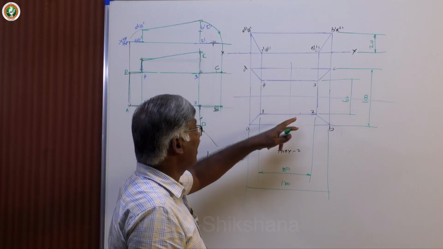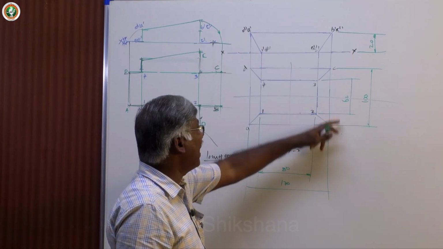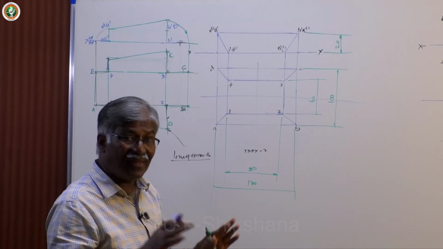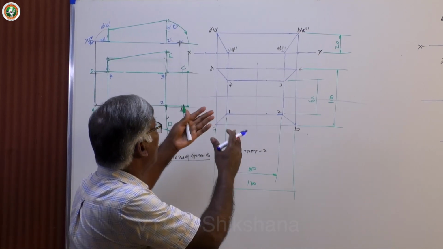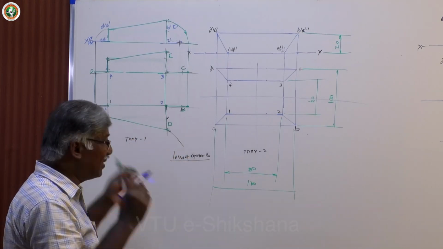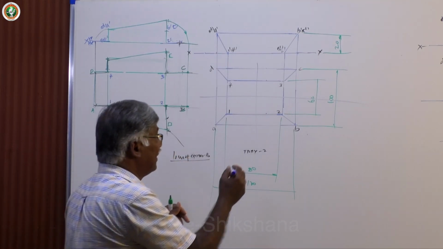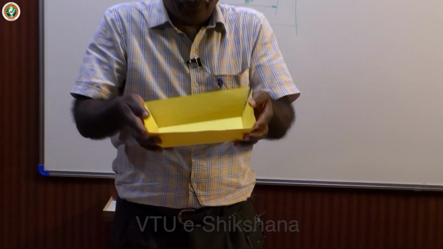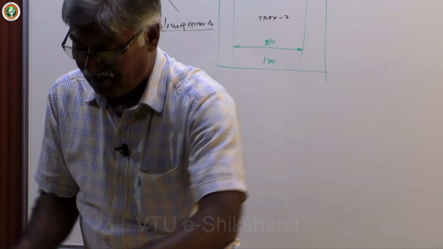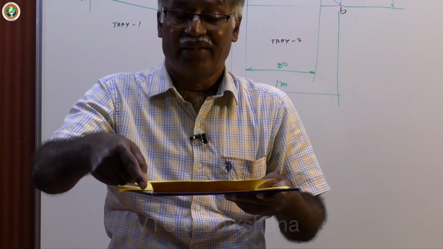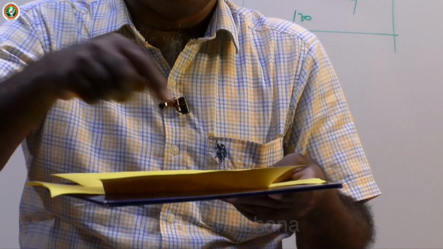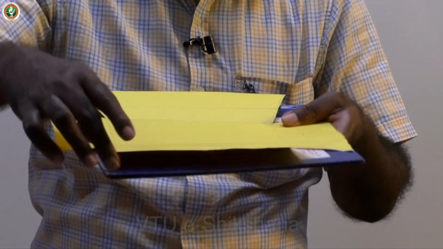We have two rectangles. 1 2 3 4 is the base, and because we have 120 by 100 as the top edges and 60 by 80 as the base edges. So how to do it? Same concept, no difference. The only thing is from where you draw the path. Here, see, if I cut open, this is the tray I have. If I cut open all corners and keep it on the flat surface, assume that I am doing this job now, flat surface, the path traced by these corners, for example, this is 1A, 2B, path traced by